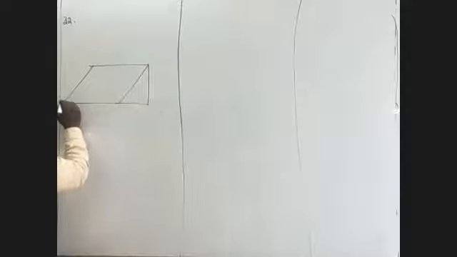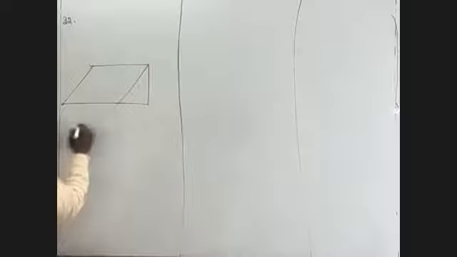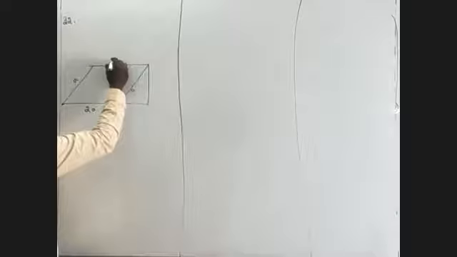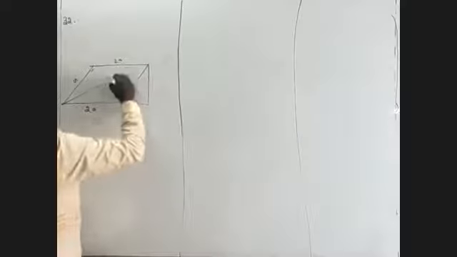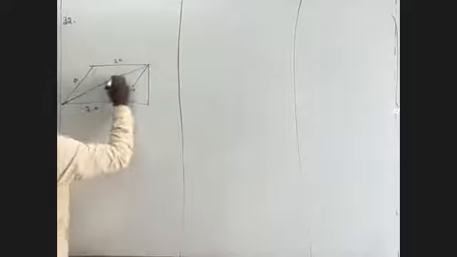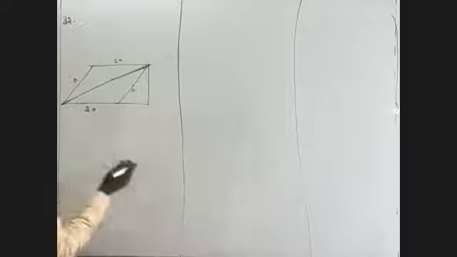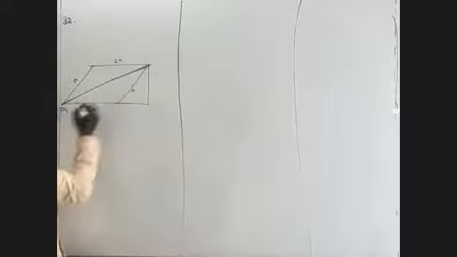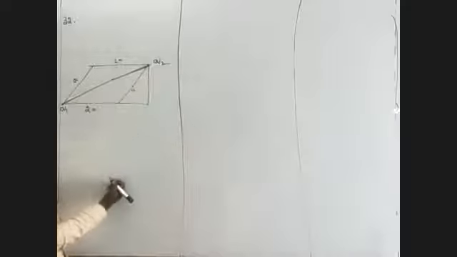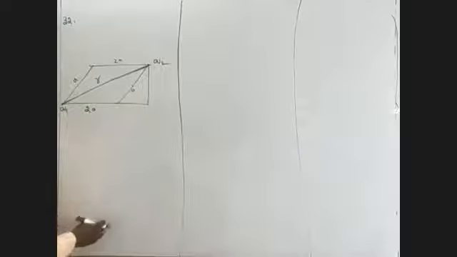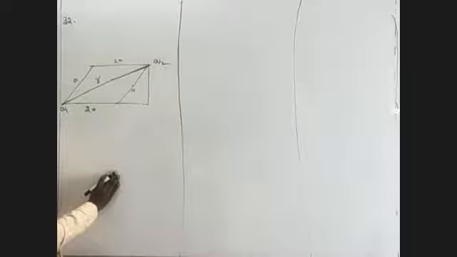This is denoted very well. So this is a 2a distance. This is a distance, this is a also. This is a 2a. This is a diagonal. So what is the given charges? You can take this as a Q1 charge and this as a Q2 charge. The distance between the two charges, you can take as given.